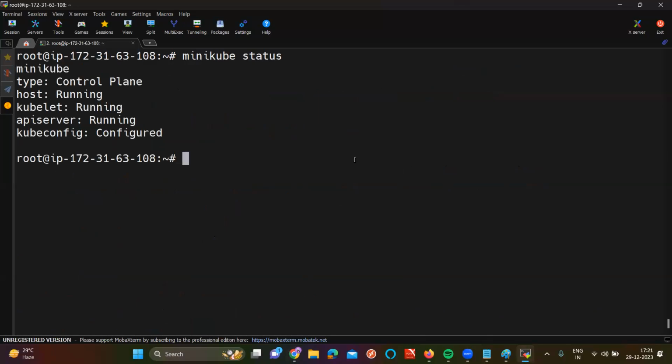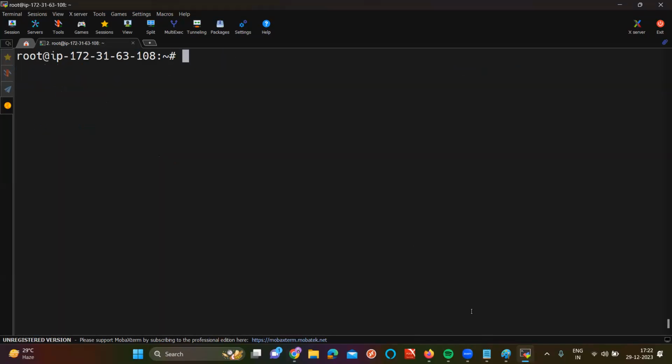What is minikube here? It's a cluster, right? Is your cluster running now? Running or not? And it is your master node. Master node means control plane. Master node means kubelet. It's a component or not, sir? API server, component or not, sir? It is kubeconfig. It is also a Kubernetes component to store the configuration files.